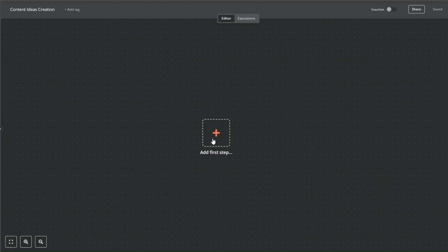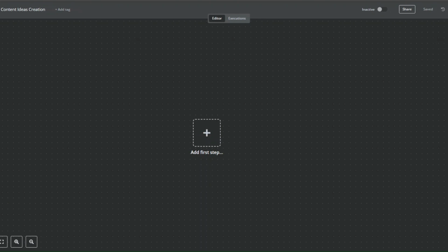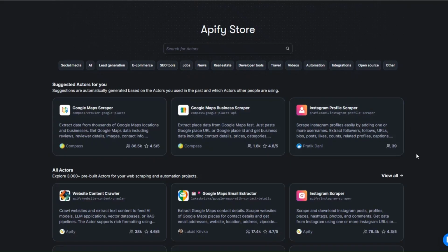The first thing we're going to do is scrape YouTube comments from YouTube videos. To scrape YouTube comments from a video, I'm going to use this tool called Apify. Apify is an incredible tool that you can use to scrape any website and automate projects. To get started, just create an account on Apify, and then after creating an account, head over to